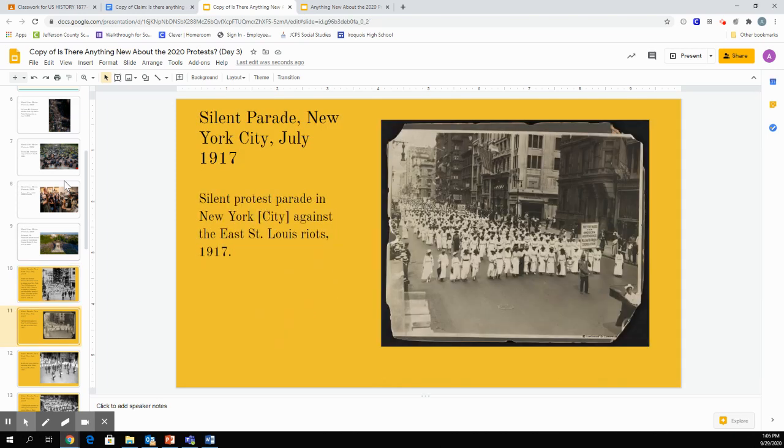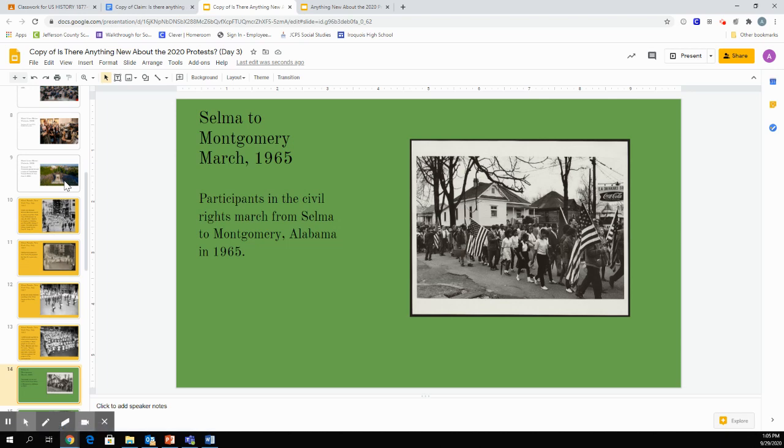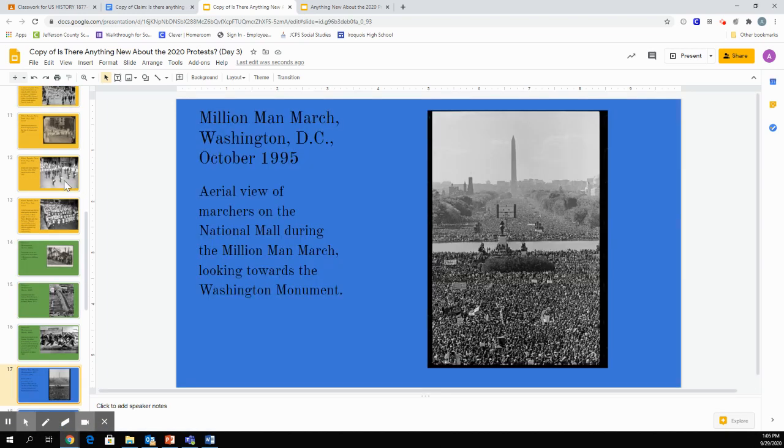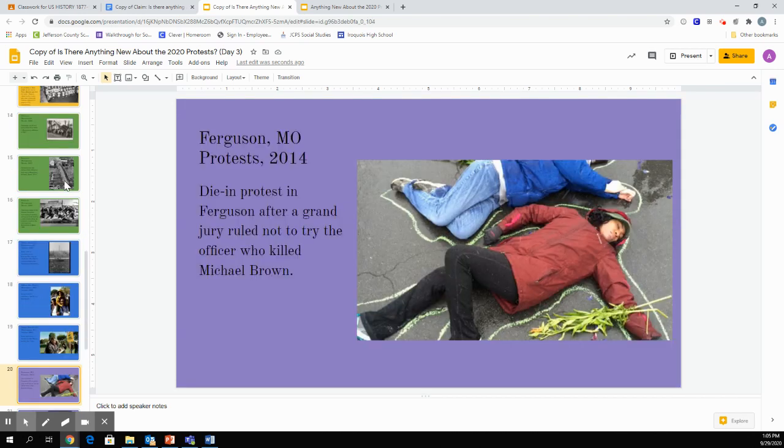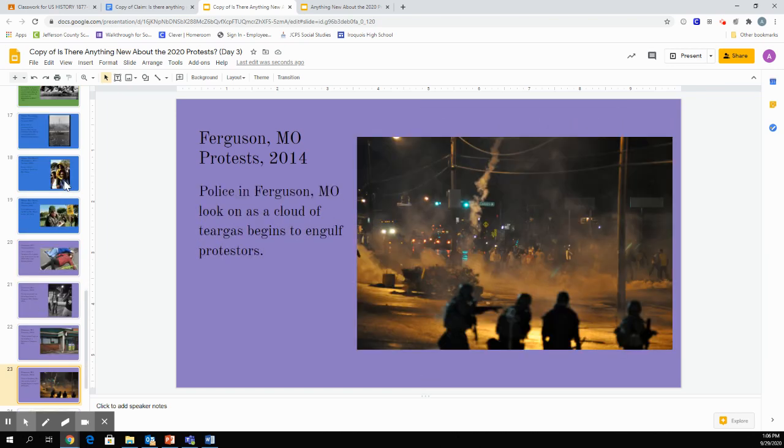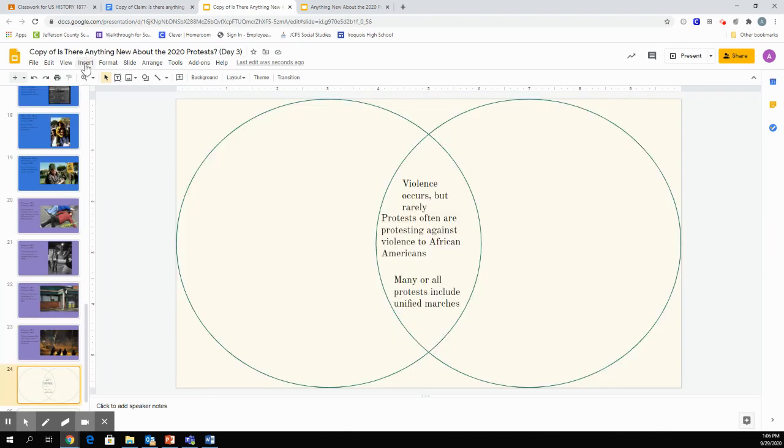Here, New York City. It was all taking place in one city. Selma to Montgomery was just kind of an isolated event. Some in Alabama. The Million Man March in Washington, D.C. The Ferguson protests, yeah, the protests took place in other parts of the country around this, but most of the stuff was going on in Missouri. So one thing about the 2020 protests,